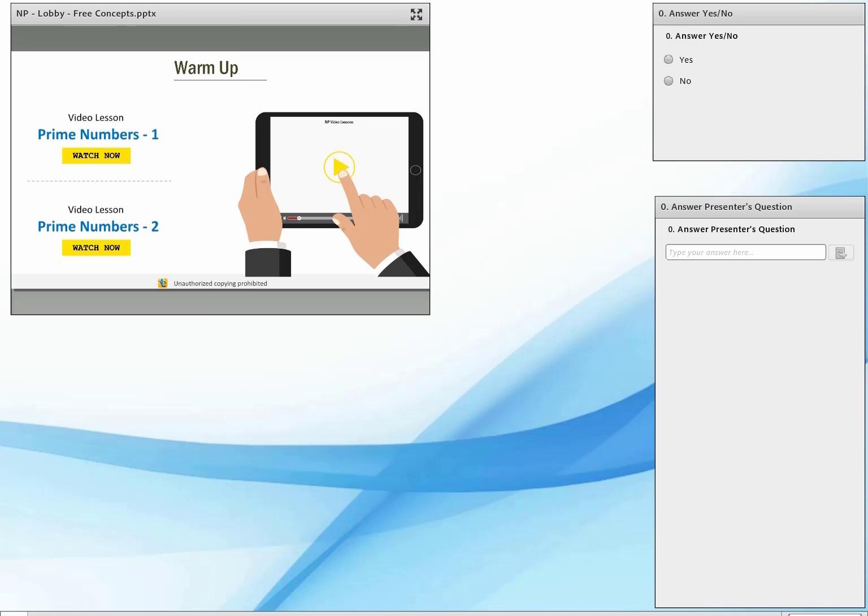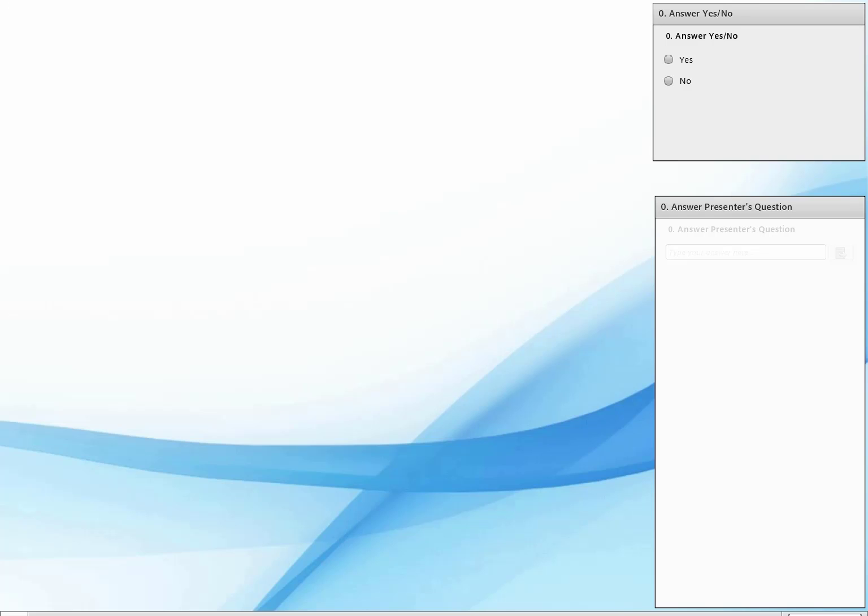Now, in order to prepare you well for the session, we have shared these concept files with you, just to make sure that you understand what prime numbers are and whatnot. So I hope that all of you had a chance to go through these concept files.